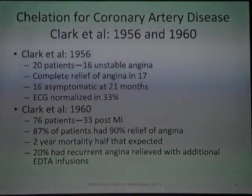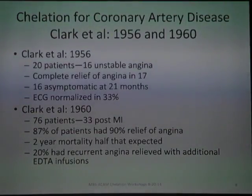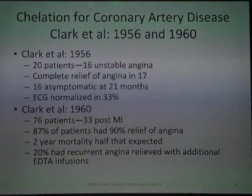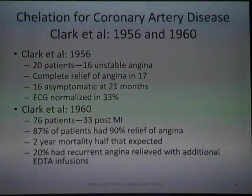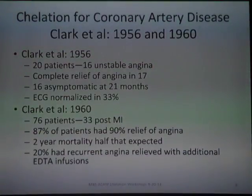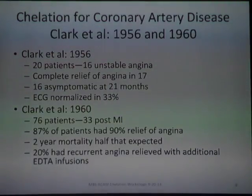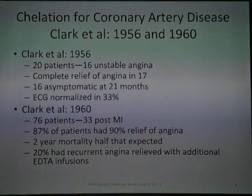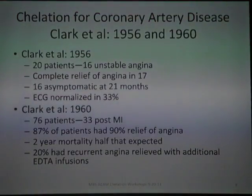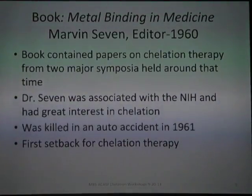Clark's work started in 1956, and he had 20 patients with unstable angina, 16 of whom improved remarkably. And that recovery rate of 80% or more sticks with us, as you'll see. Then in 1964, years later, he had people post-MI, and once again, dramatic improvements in vascular disease. Then in